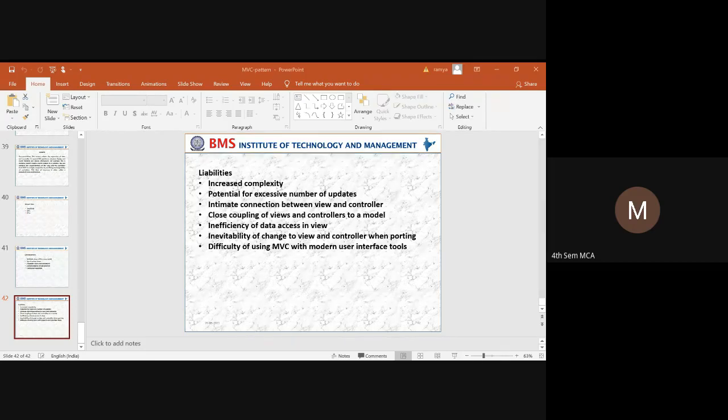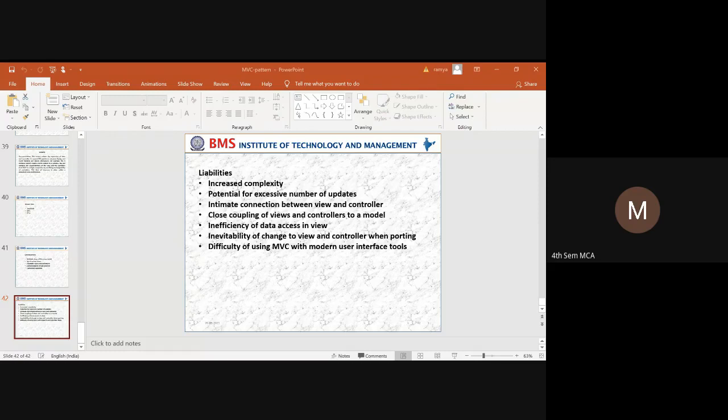What happens while porting? They may be separated from the platform-dependent code before porting. That means it has to be separated, because if there are any dependencies while porting, they have to be removed and fixed later.